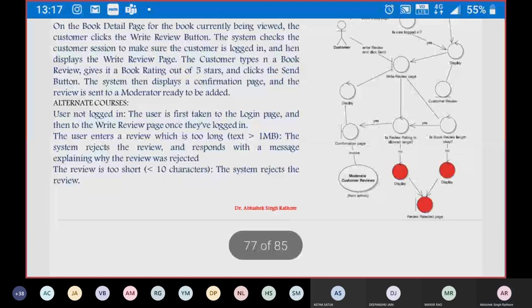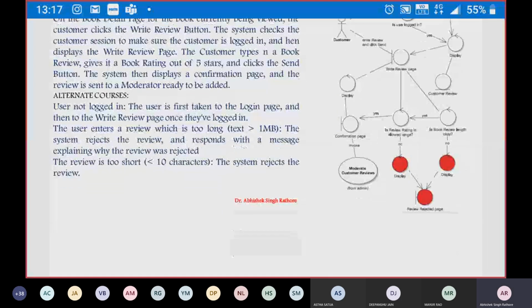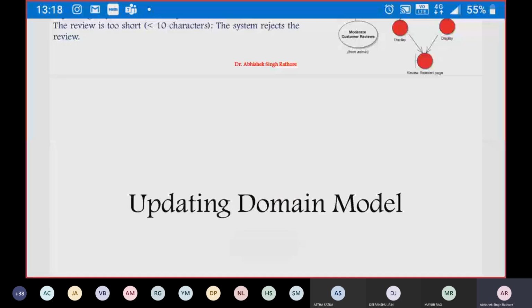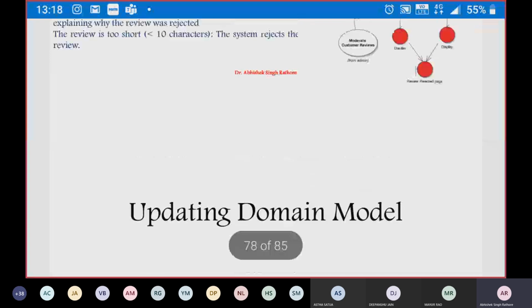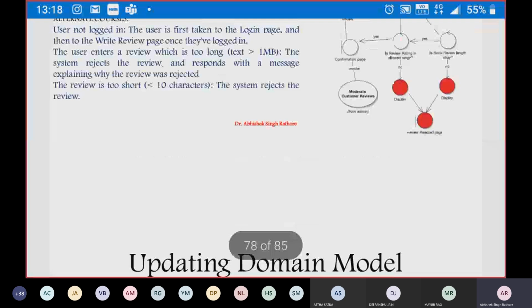Now, in addition to that, when we created this robustness diagram, we identified certain things. For these, we have to update our domain model again so that it is reflected in our domain classes. On the left side, we have our previous domain model that was generated before this use case.